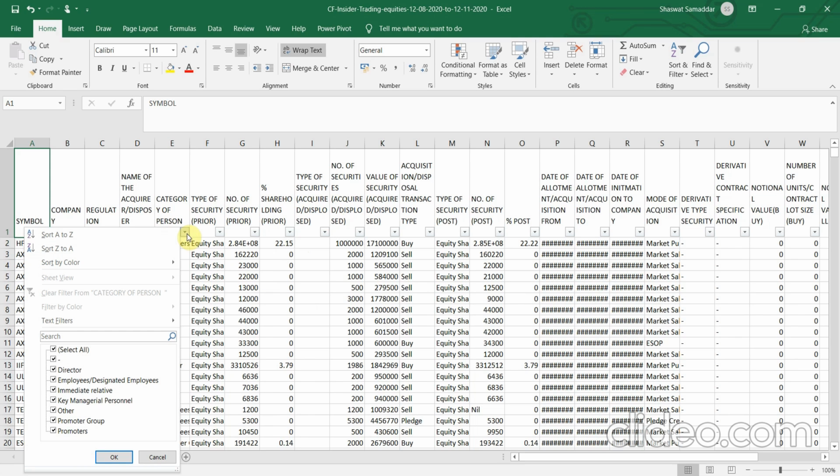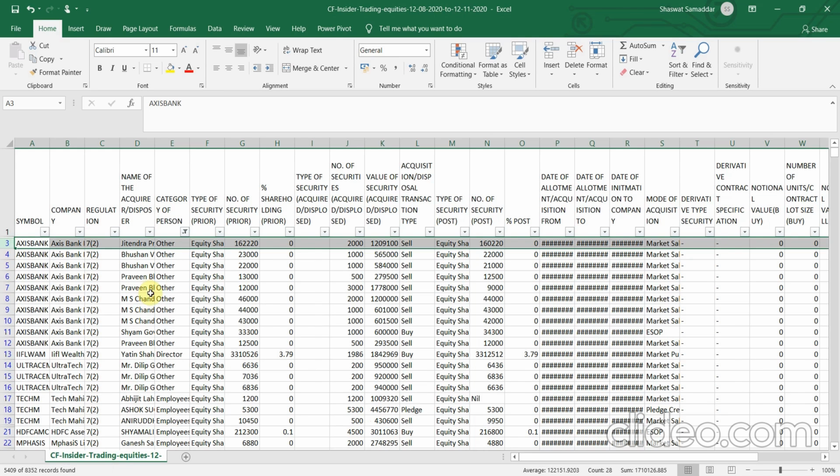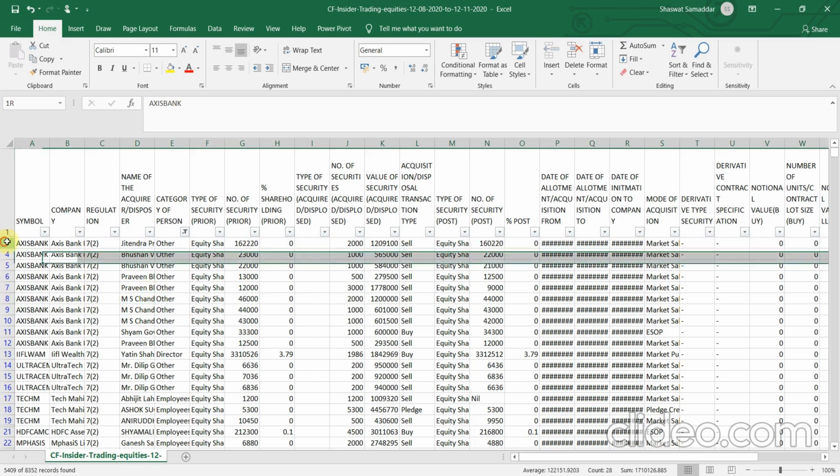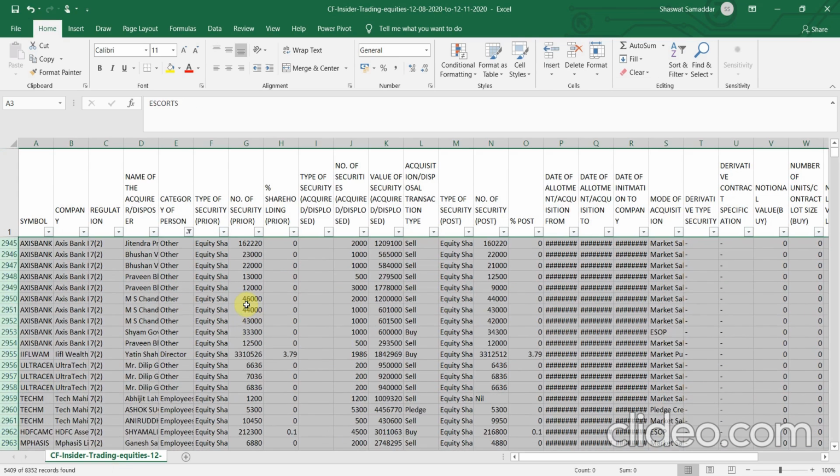I don't want anything else like immediate relatives, key managerial personnel, etc. I only want promoter and promoter groups as my entry. So let me quickly delete all the rows which contain otherwise. Let me select the rows real quick. Alt, delete rows.